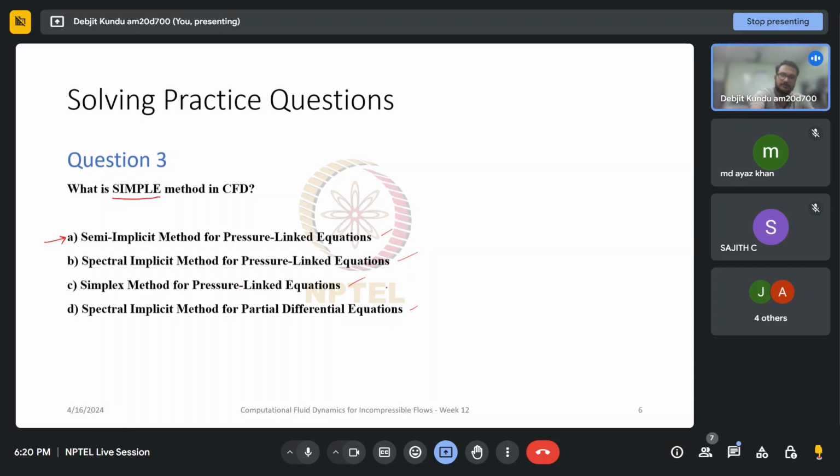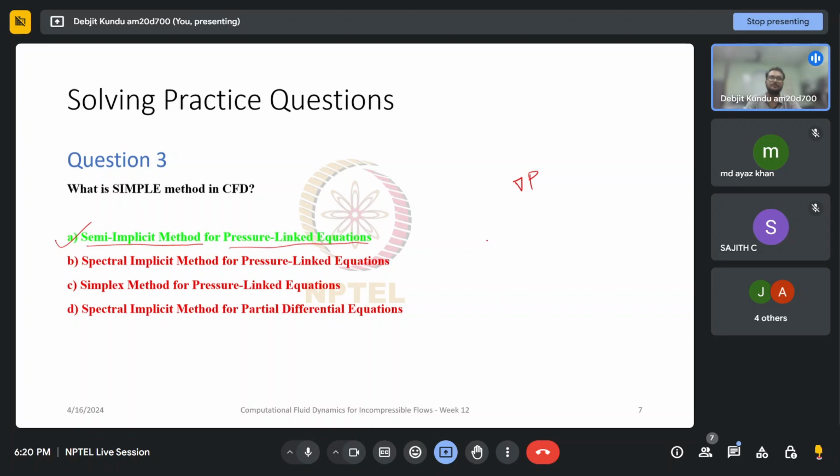Okay, so let's have a look at the solution. It is actually option A. This was an easy one, so you simply had to know what it is. You can't really figure it out if you don't know. So it's the semi-implicit method for pressure-linked equations, SIMPLE. So why pressure-linked equations? Because Navier-Stokes equations have this unique term, grad of P, which appears. So this is the pressure-linked equation, and semi-implicit method because